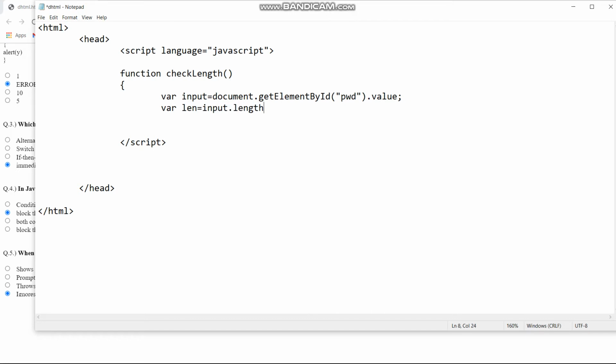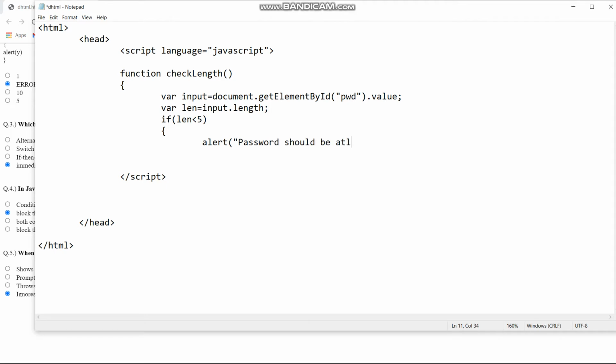So this is what it's all about. It is about the length. So now I will say that if len is less than 5, it will not be 5, but it will be less than 5. Then alert: password should be at least 5 characters long.